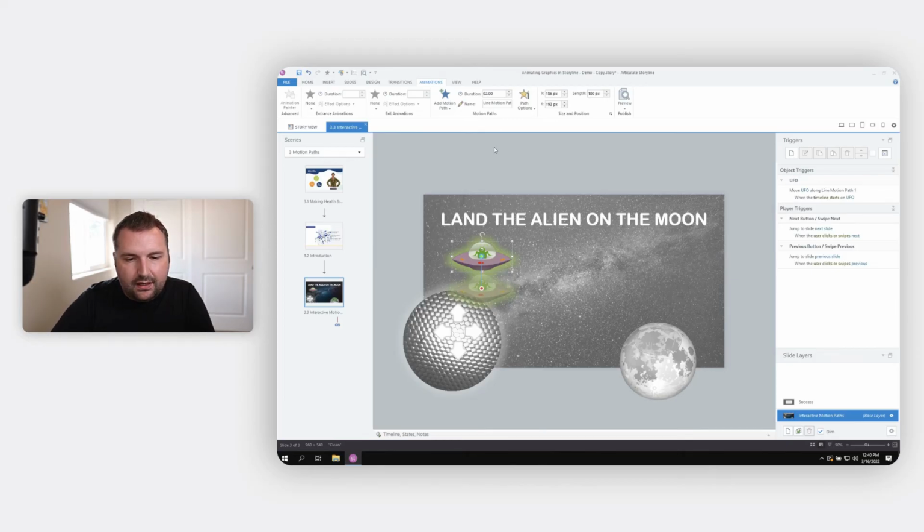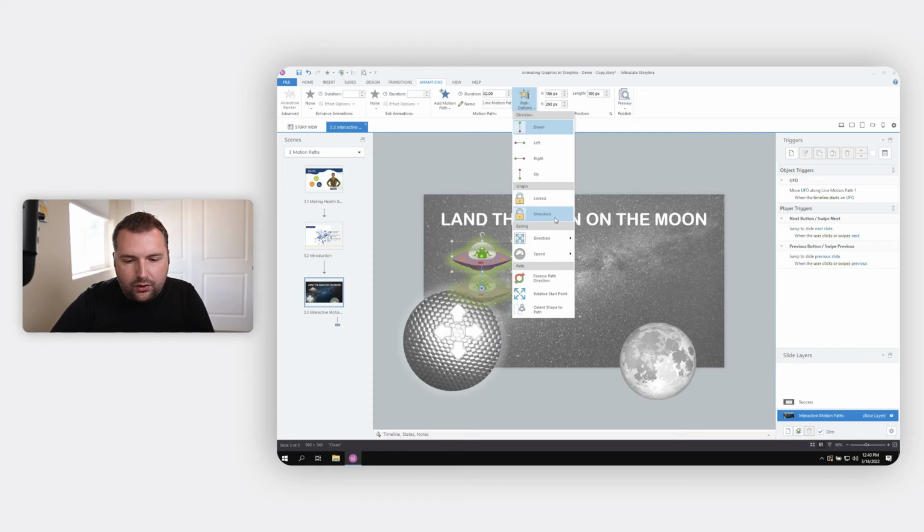Now, while I have this motion path selected, there's a couple things that we need to check in our path options. So it's going to move down. The origin is unlocked. That means it's going to start here. Don't worry about that. Animation easing means it's going to ease in and out. We have the speed, and there's a few other options here, but the one I want to focus on is